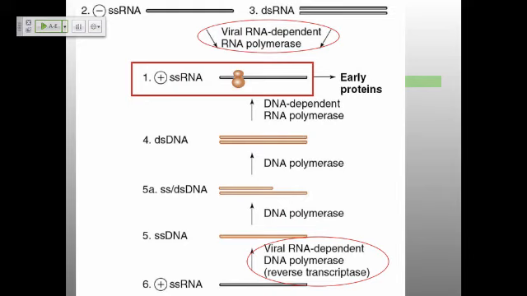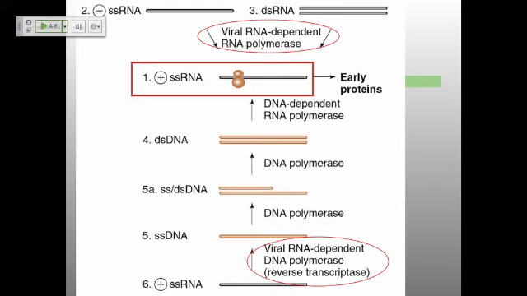And all that negative strand means is that it's not actually coding the proteins. So you have to have an RNA-dependent RNA polymerase in order to make this messenger RNA that you need to make more viruses with. And that means that any single-stranded negative strand RNA virus, does it have any way of coding for early proteins when it comes inside the cell? No. So it actually has to make the messenger RNA before it can make any viral proteins.